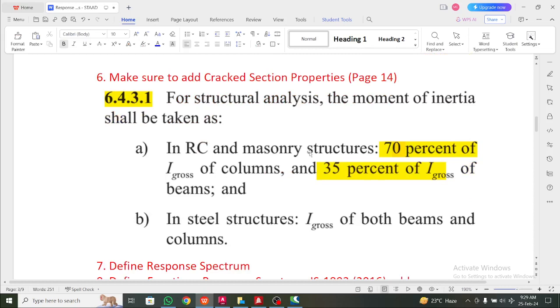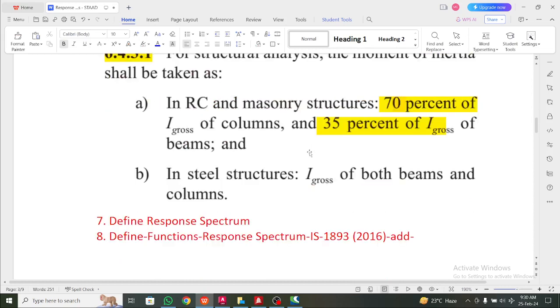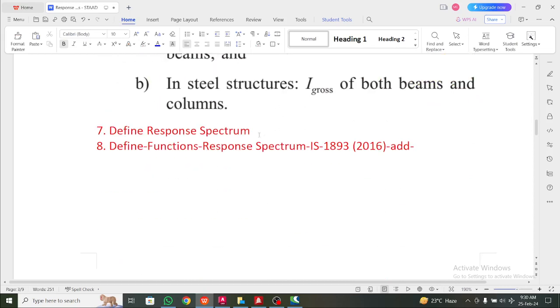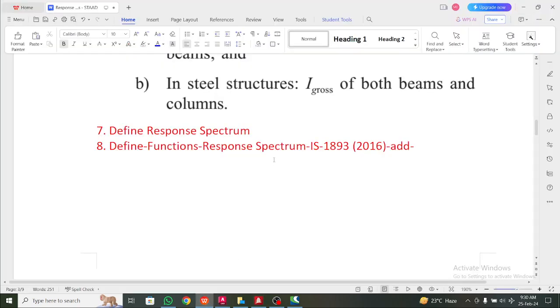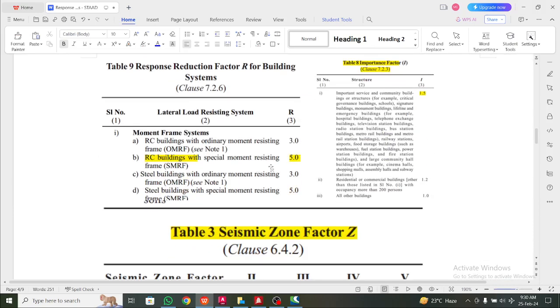Then you have to add the cracked section property. We have already defined this, and then you have to define the response spectrum model. We'll just come to this later. Let's get back to the model creation. Okay, I think we should also do this response spectrum model, and we will consider the moment resisting frames, RC